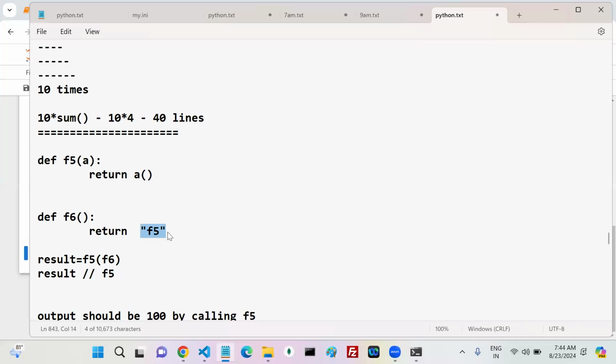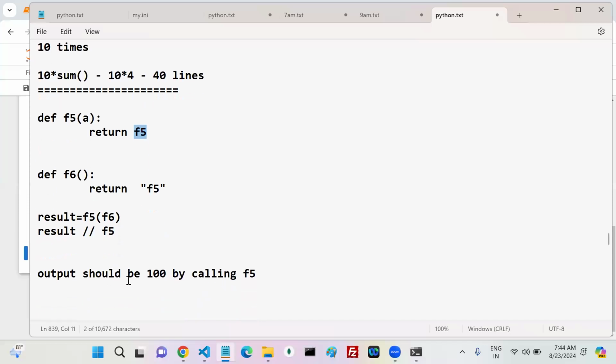F6 returns me what? Some value. Don't think more. Some return value. So one function call always gives me what? Return value. What is the return value? F5 or not? Now this function call returns what? Some value. What is the return value? F5 or not? So that return value can be held. So finally my F5 call returns me some value, that is called F5. That result is F5.